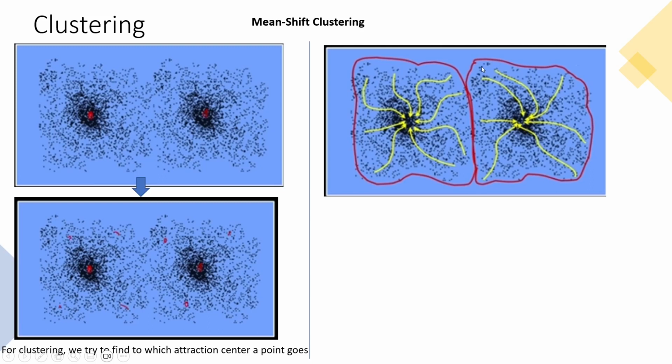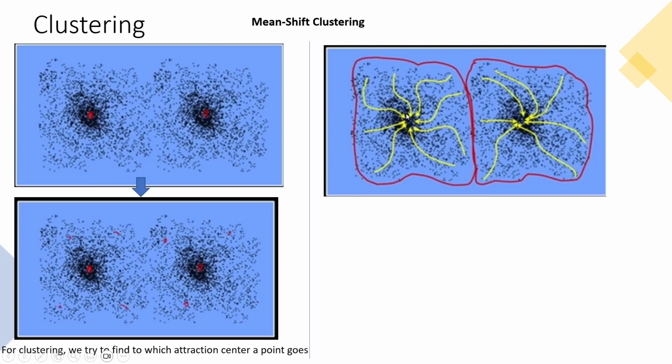Therefore, whatever point starts from this region that ends up here, and whatever sample from this region ends up here with the mean shift algorithm. That's why it's called mean shift, because we are basically moving its mean. Okay, let's say we started from this point, we have a mean somewhere here, and then we move towards here. We are going to a denser area by moving towards this direction. We move to denser area, denser and more dense, and then we come to the densest point or the attraction